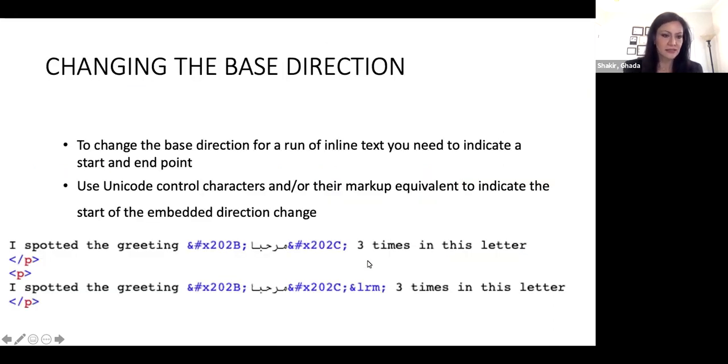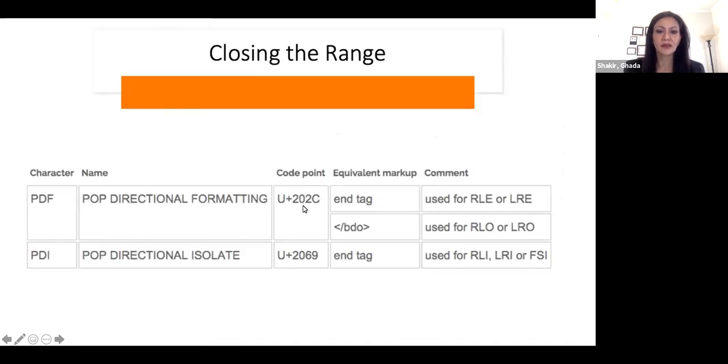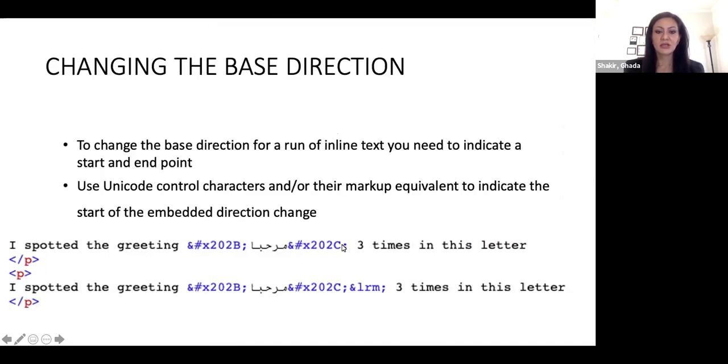So let's take a look at this example. To change the base direction for a run of inline text, you need to indicate a start and endpoint. So this is where we did the start. If we go back to here, it is the RLE, which is the right to left embedding. And then this is the closing